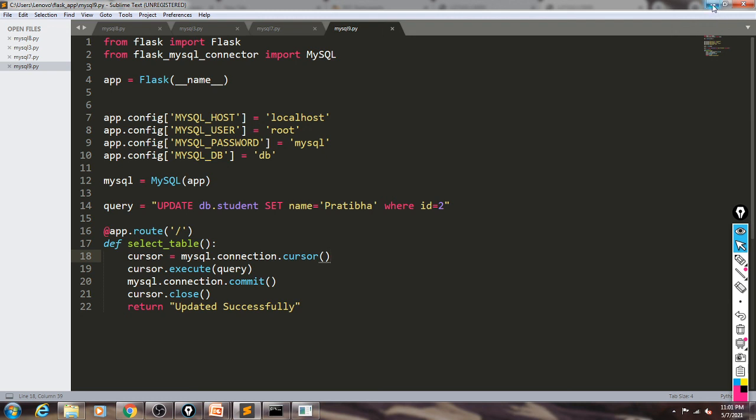Okay, so up to this we have learned how to create a table by using Flask, then how to insert a single record or a group of records in the table, then how we can display the records on the screen. All records or some specific records, if we want to display on the screen, we can display them.